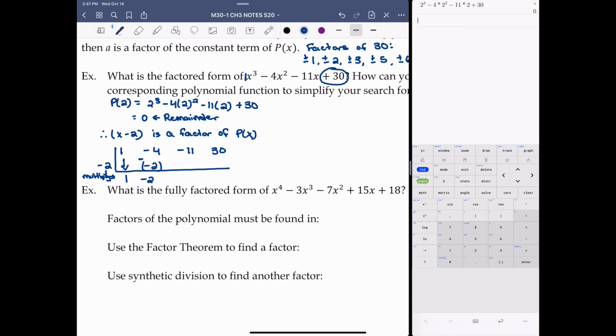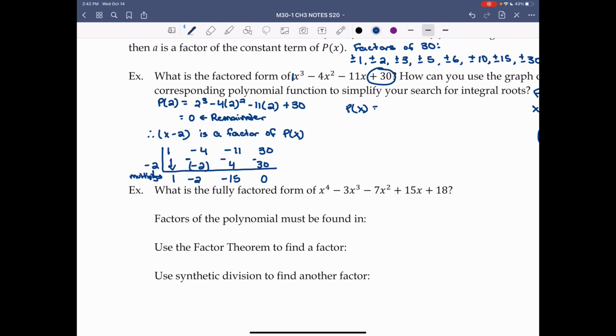Negative 2 times negative 2 is positive 4. Negative 11 subtract 4 is negative 15. Negative 2 times negative 15 is positive 30. 30 subtract 30 is 0. Then we can write p of x as